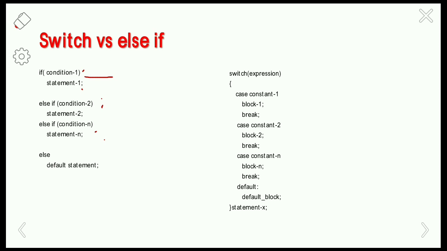In the else if ladder, we have to check each and every condition, and if the condition is false, we have to keep on checking all the conditions. But in the case of the switch case, there is no need of checking all the conditions. If the expression is true, then the control will automatically pass to the particular case and it will get executed. After that, it will break out. Whereas in the else if ladder, the execution is slower because we have to check each and every condition present in the ladder.